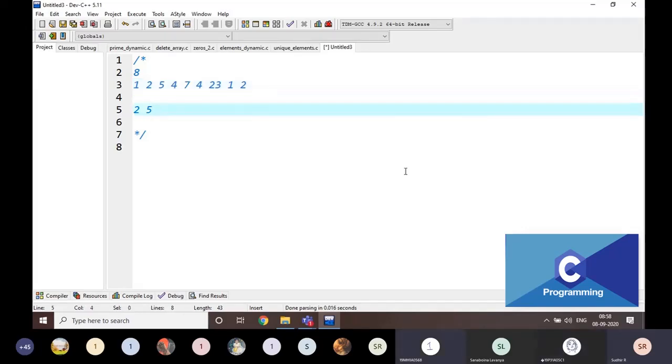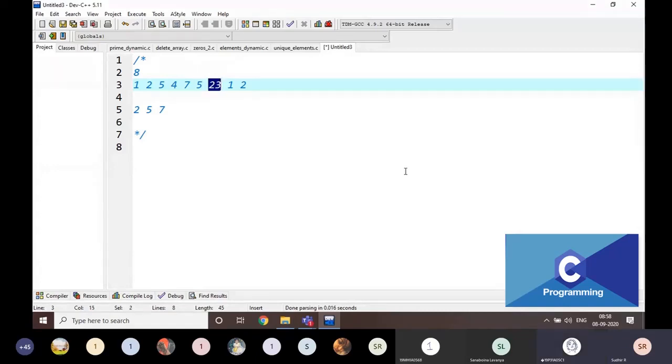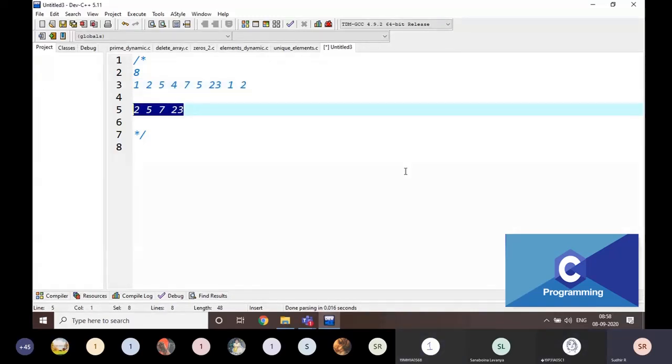Yes, then we have to put 7 here. Then for example, if it is 5, is the 5 bigger than the left hand side numbers? No. Then we ignore it. Then 23. Yes, sir. Yes, then we have to print 23. Is it 1? No. Then for 2? No, sir. No. Then this is the final output of the program.